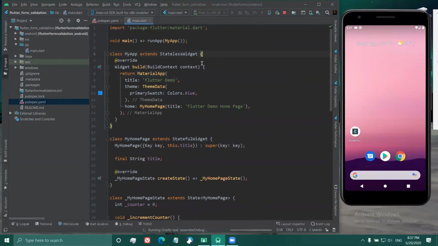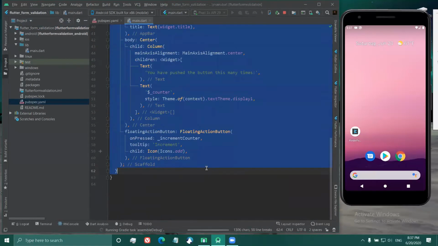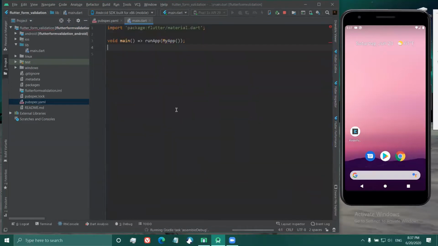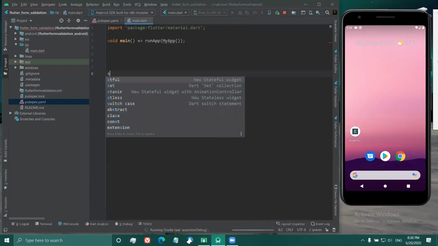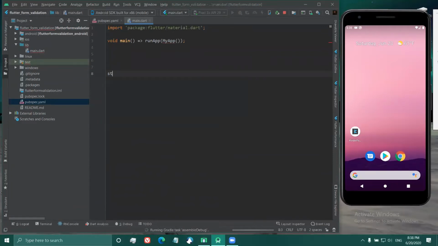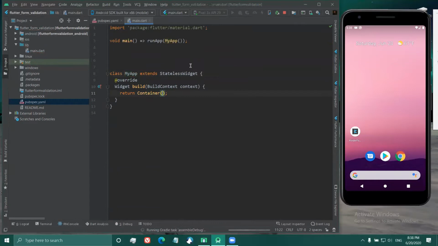Okay, let me just go ahead and clear this too. Okay. We'll be starting with a stateless widget. I'll say stateless, and I'll say my,